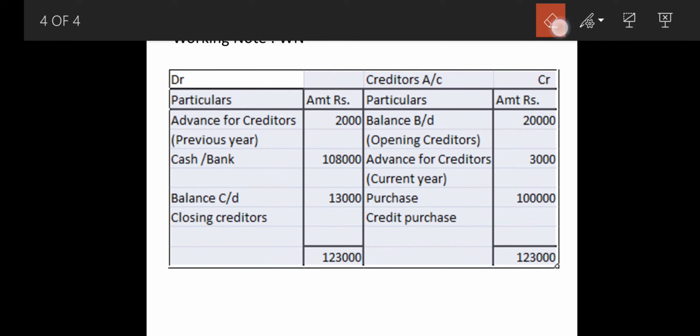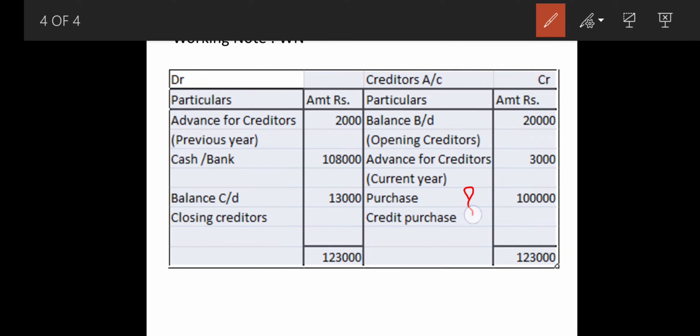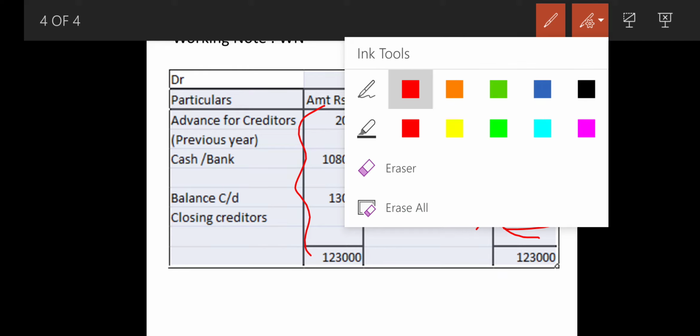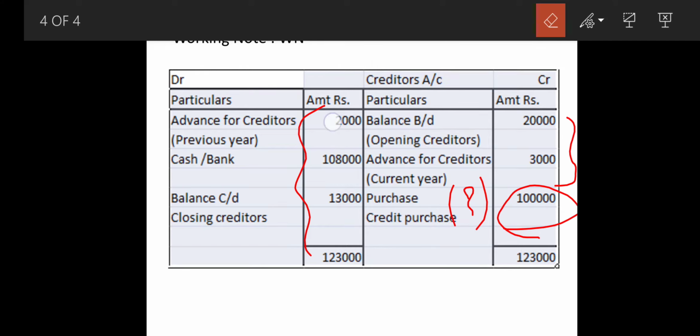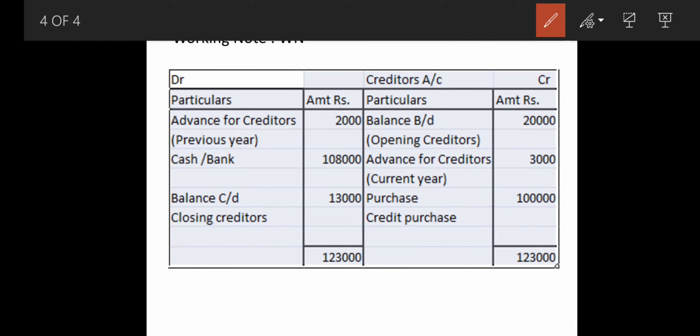So looking at this, the question mark you will find is 1 lakh purchases, that is credit purchase, because doing the total of this minus these two items, you will get 1 lakh as credit purchase. It's not that complex. The first thing you have to transfer is the opening balance as usual,